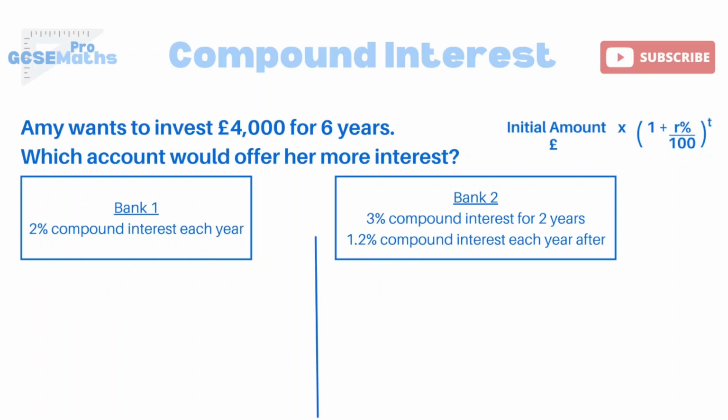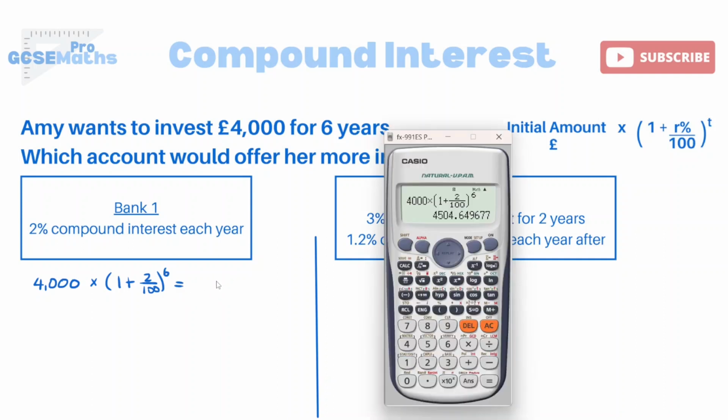Okay, so I've just drawn a line down the middle so I can deal with both scenarios separately. So let's see, Amy wants to invest £4,000 for 6 years. Which account would offer her more interest? Okay, well, we're going to use our formula for both of them. The first version is easier, so we've got 2% compound interest each year. So our initial amount is obviously 4,000 times by 1 plus 2% over 100, and then all of that to the power of 6. Okay, so we just put that in the calculator, which, as you can see, gives us